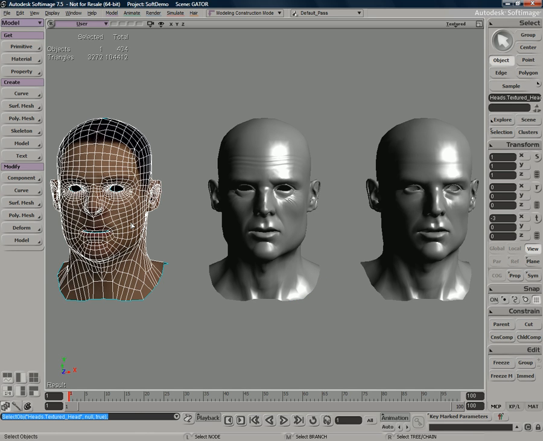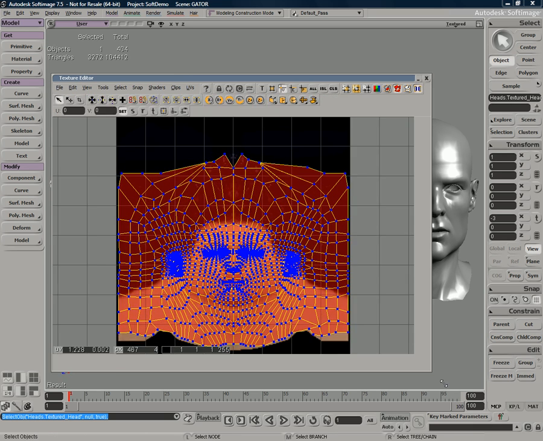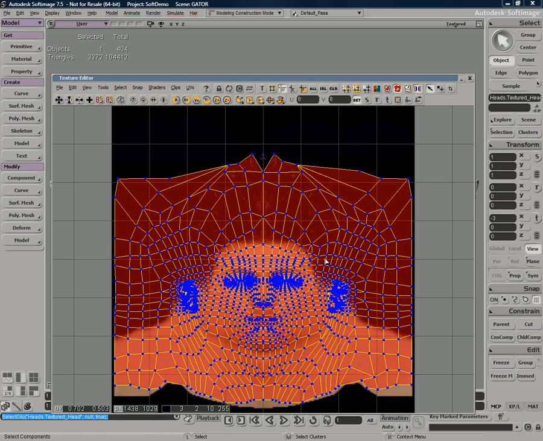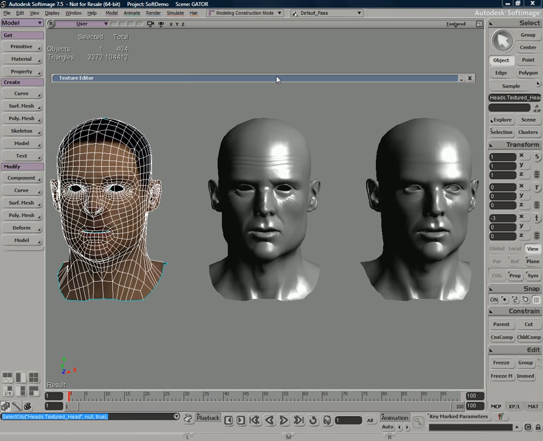First, select this object here, and I just want to show you what the UV map looks like. By pressing Alt-7, that's the hotkey for our UV texture editor, and here you can see the UVs that are laid out on the head. The red area here indicates an overlap, so I'll just turn that off. And there you can clearly see the texture underneath, as well as the polygons that make up that UV map. Double-clicking on the top of any one of these property pages will allow you to stow it and just sort of park it somewhere else for later access.